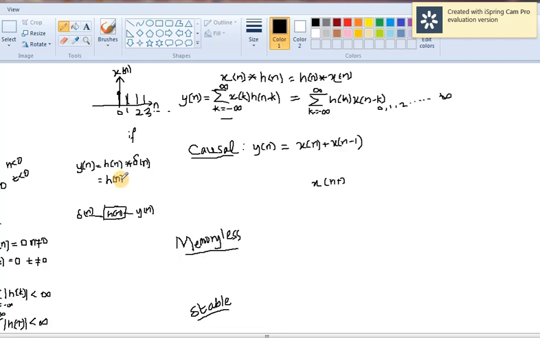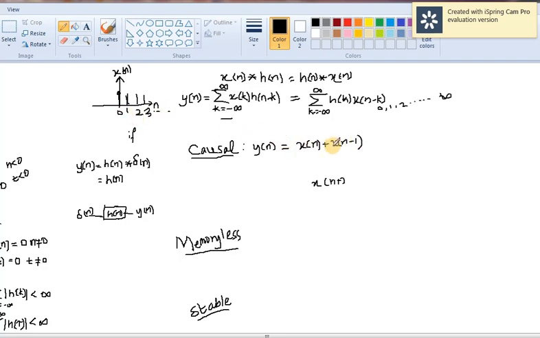Now we need to learn some properties with respect to this impulse response. So for that, let's consider x of n and h of n signal, and then we can correlate it to the impulse signals. And we know that x of n convolution h of n is equal to h of n convolution x of n, and the same can be expanded. We'll get these equations. Now, to study the causalness of the system, the system is said to be causal if the output of the system depends on present or past values of the